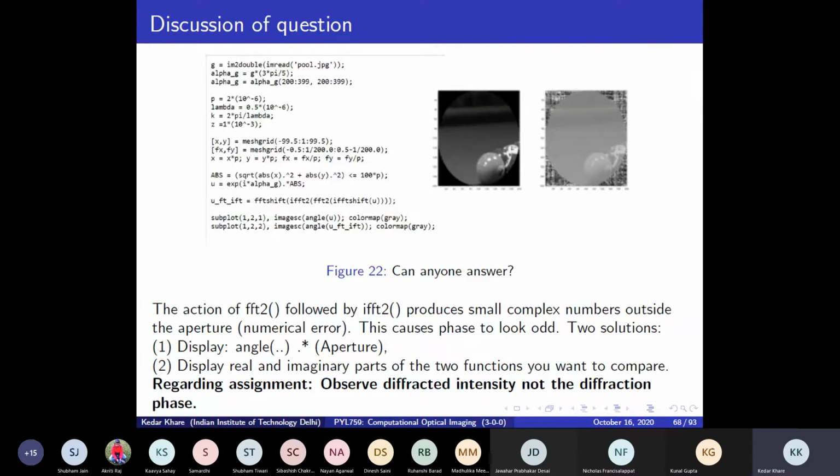And so if you are still not convinced, then you can try to plot the real part and imaginary part of these variables separately. Again, you will see that the real part and imaginary part look very similar in these two cases. But even if there are values that are 10 raised to minus 10 or 10 raised to minus 15, when you look at the angle, there may be some angle because there is some real part and some imaginary part, both small. And so there will be some value for the angle, which may not be very small. But this is the main reason. Okay. Is that clear?